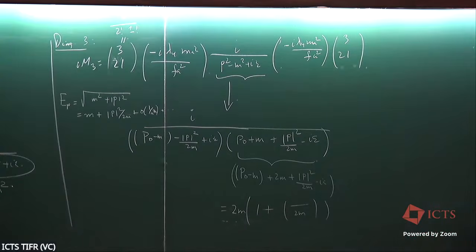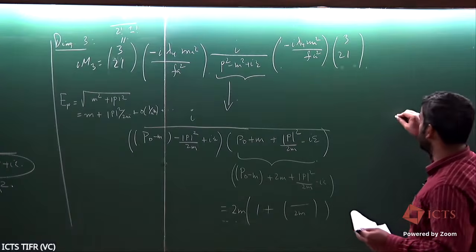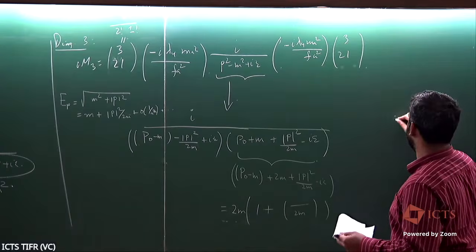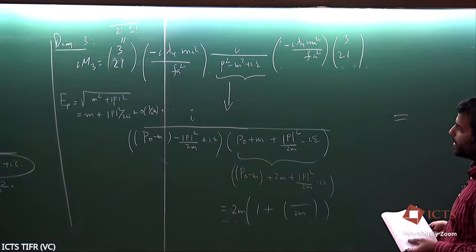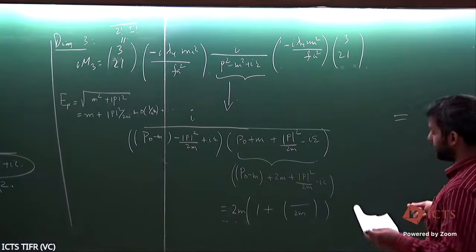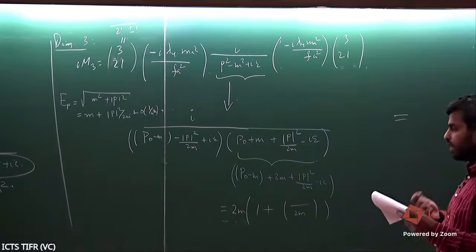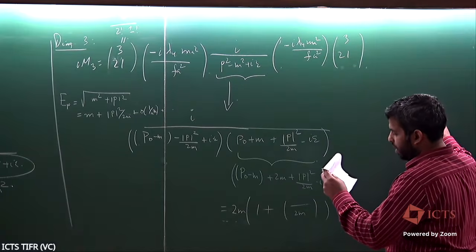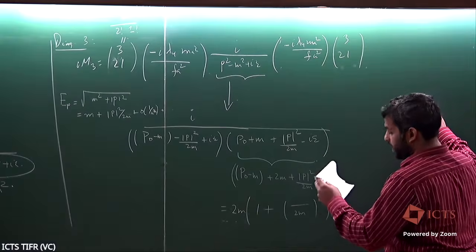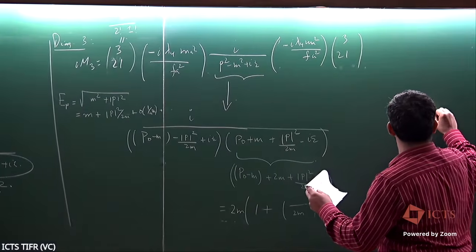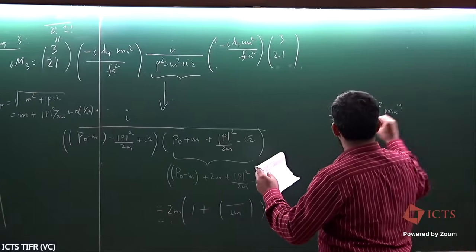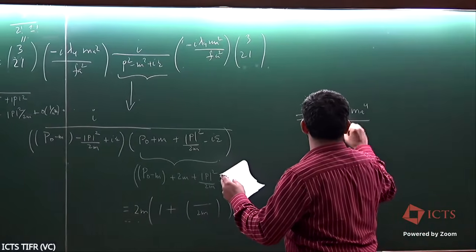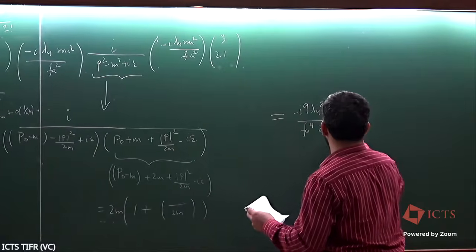And the result that one gets from playing all this game and extracting out the propagator for the non-relativistic theory is I end up getting 3 terms. So let me write the result now. Lambda 4 square,